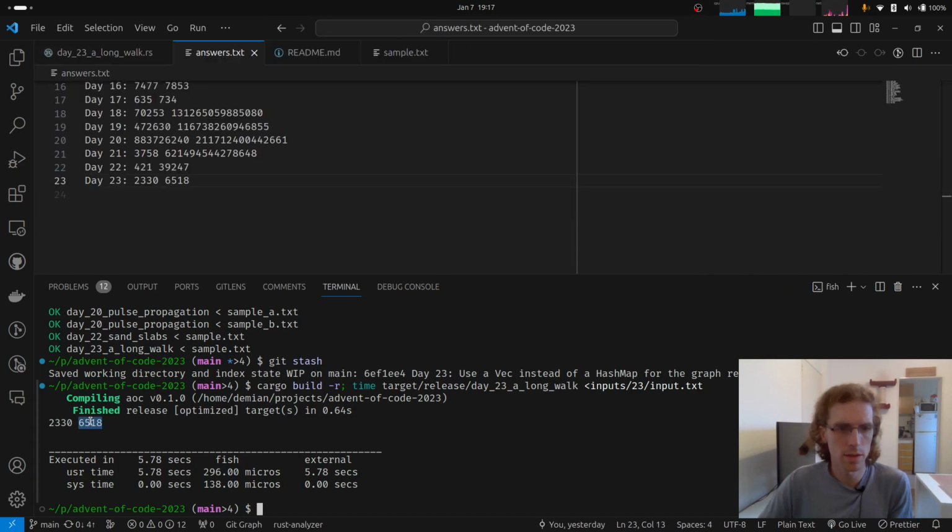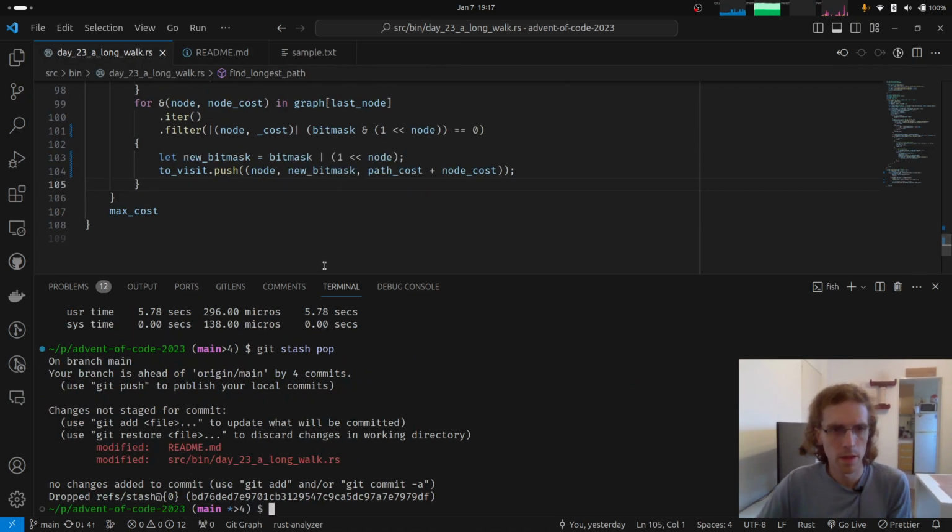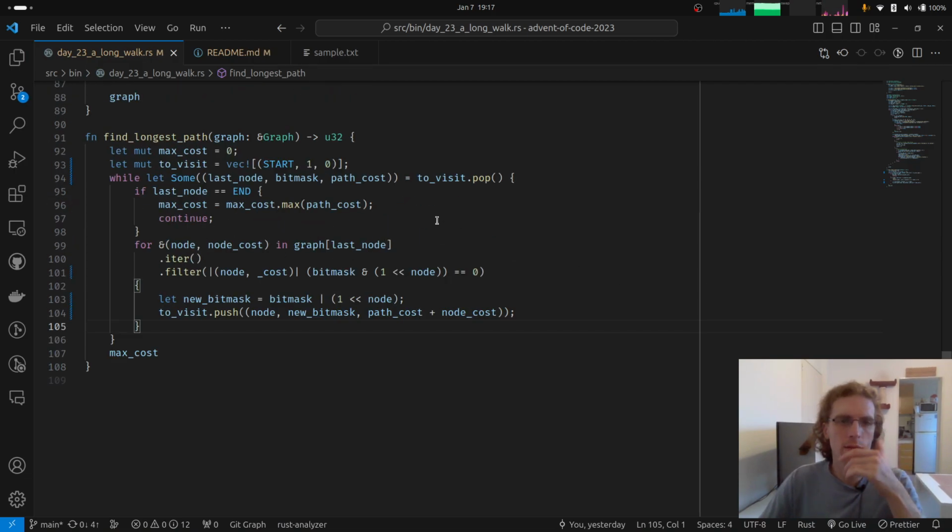Yeah, this is the correct answer. Okay. So it is a stupid mistake that we introduced in this relatively simple change here. Well, it's not so simple, but